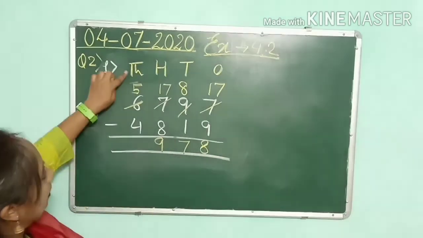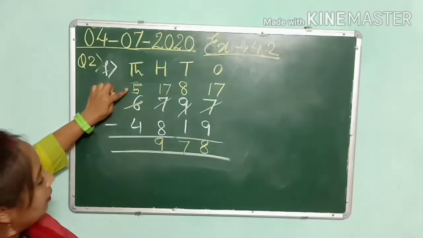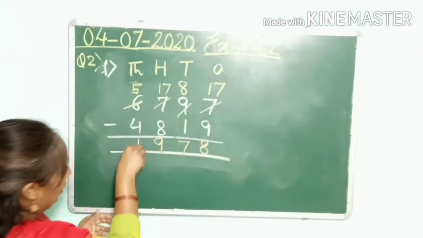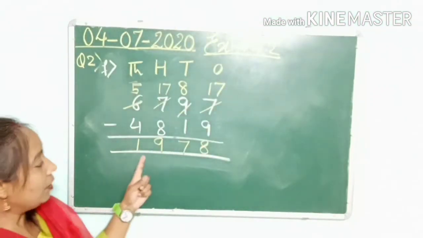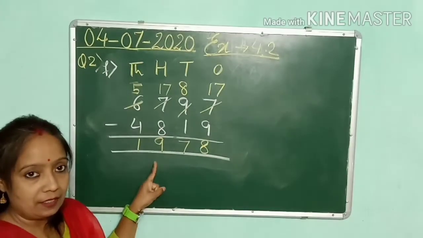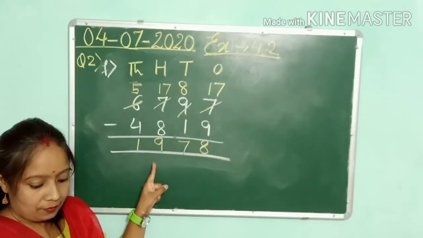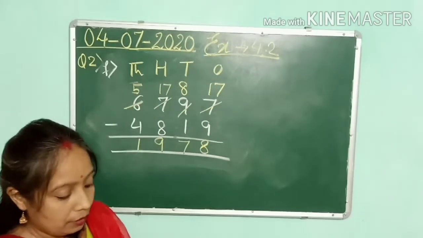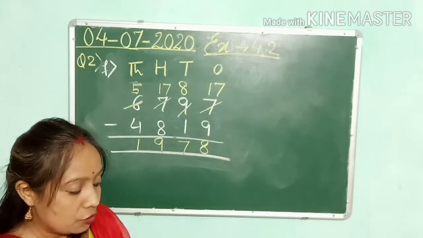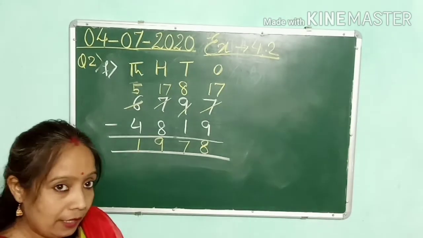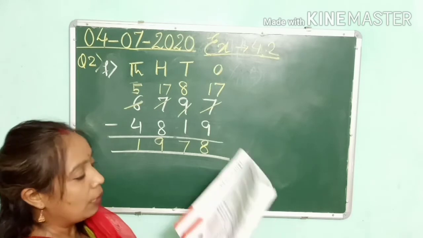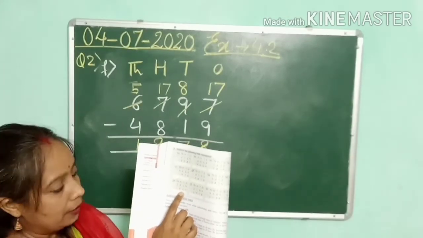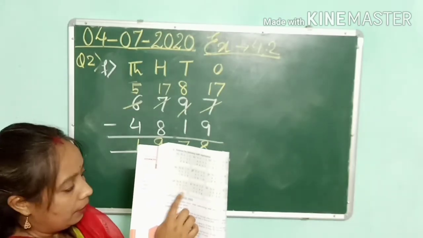Okay. Now under the thousands column, you have to subtract 5 and 4. 5 minus 4, yes, it is 1. So our difference is 1978. Clear? Children, now let's take one more question. Suppose I am doing the question number I. In question number I, children, you have to subtract 3849 and 1957. Let's write the question.